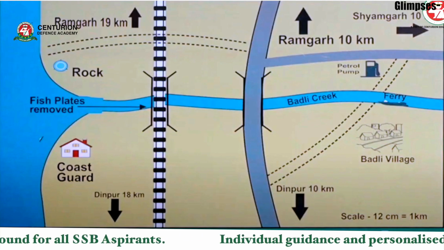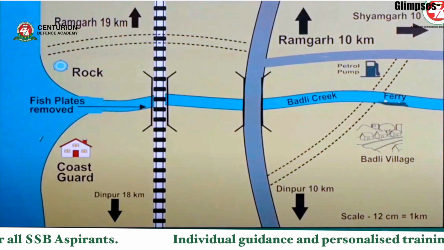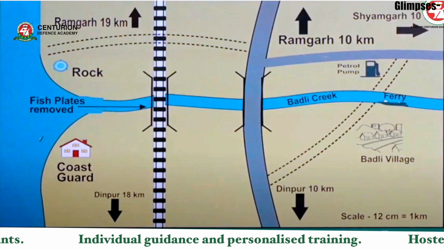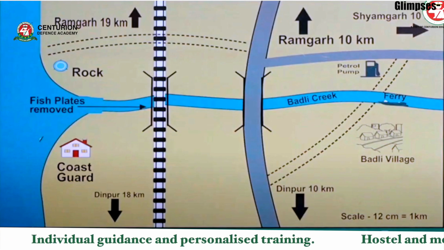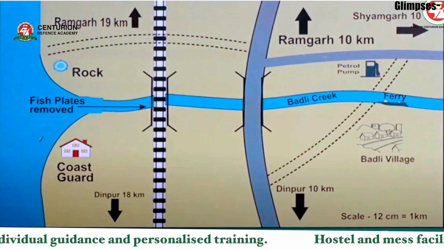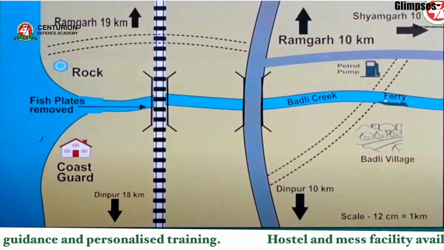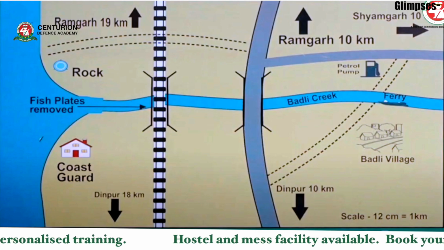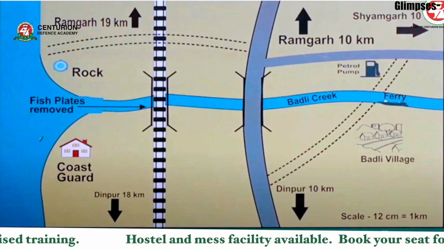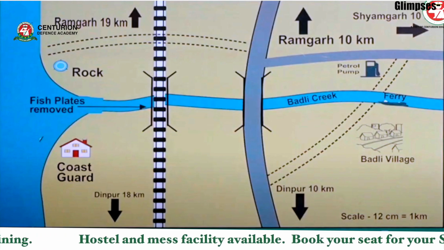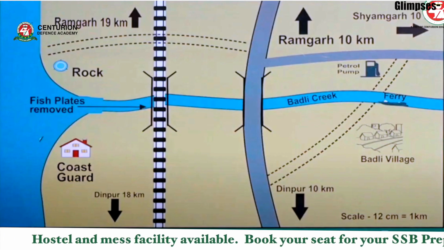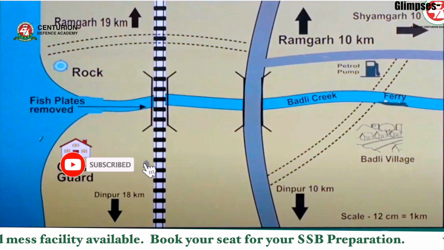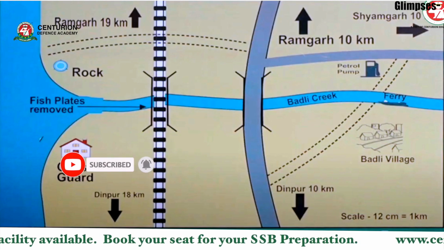Gentlemen, the grey thick line you can assume to be the metal road, pakka sadak, all of you are aware about this. You also see two double dotted black lines. These are the unmetal road. And you also see a checkered line, which is a railway line. Next to these lines are bridges, obviously, because there is a water body. And this blue color shows the water body in this case.